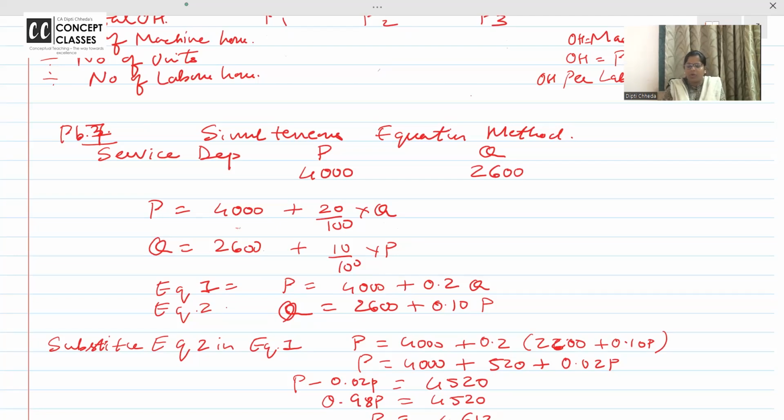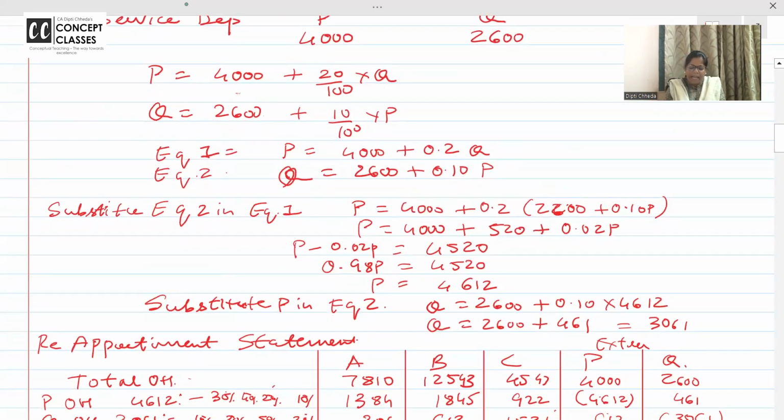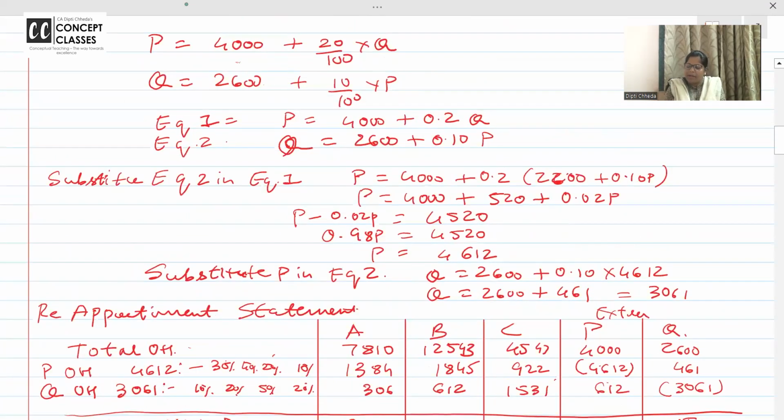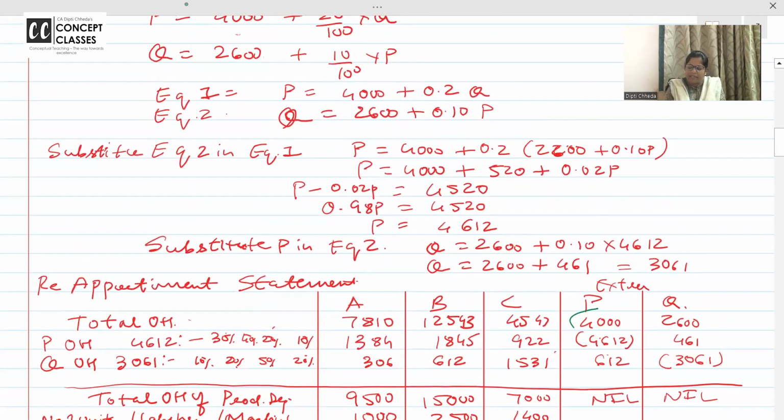Now substitute or cross multiply and do as you wish. Here I am substituting, so you will get P and Q. Once you get P and Q, you can apportion. See, P is saying my own expenditure is 4,000, but Q का भी तो 20% मुझे लग रहा है ना. So finally, P is saying that my total expenditure is 4,612. ये रहा. Q is saying my own expenditure is 2,000, but मुझे P का भी तो लेना है ना,